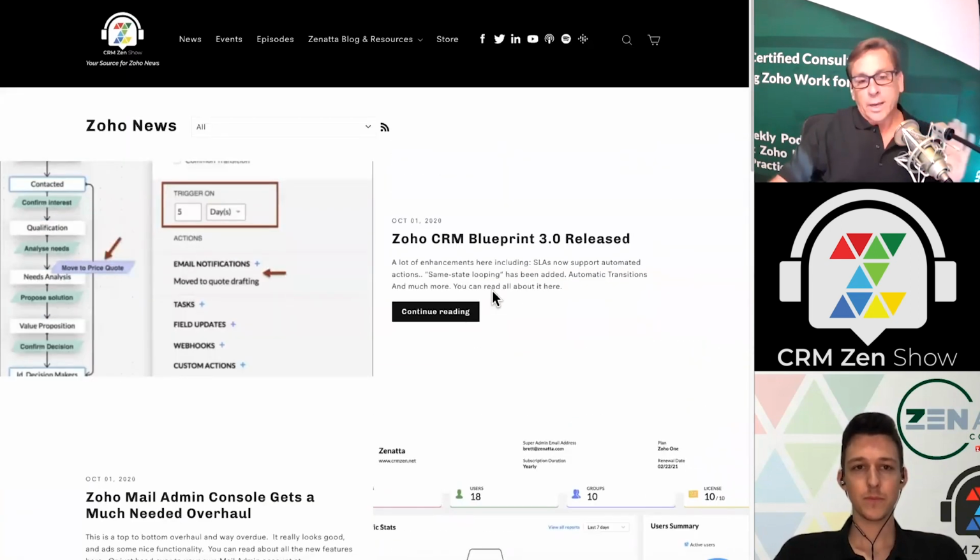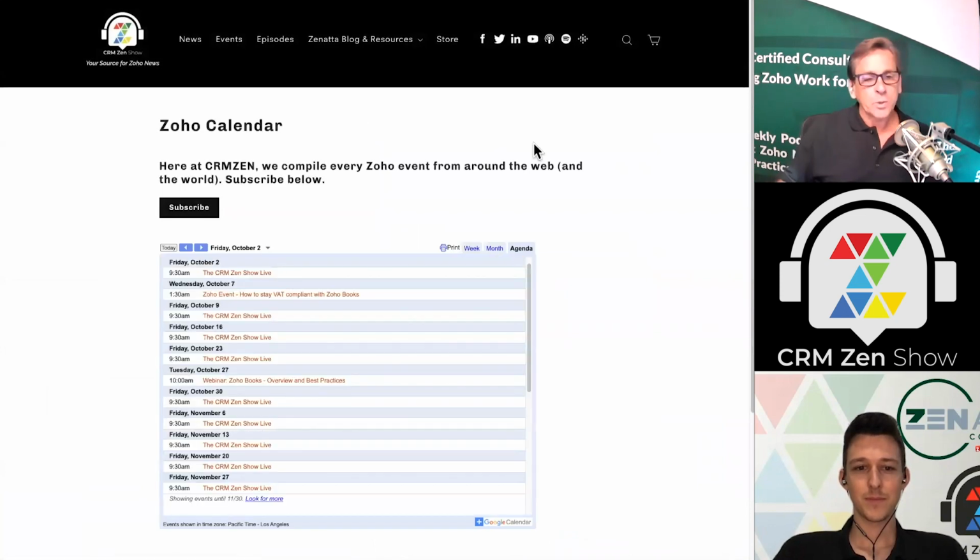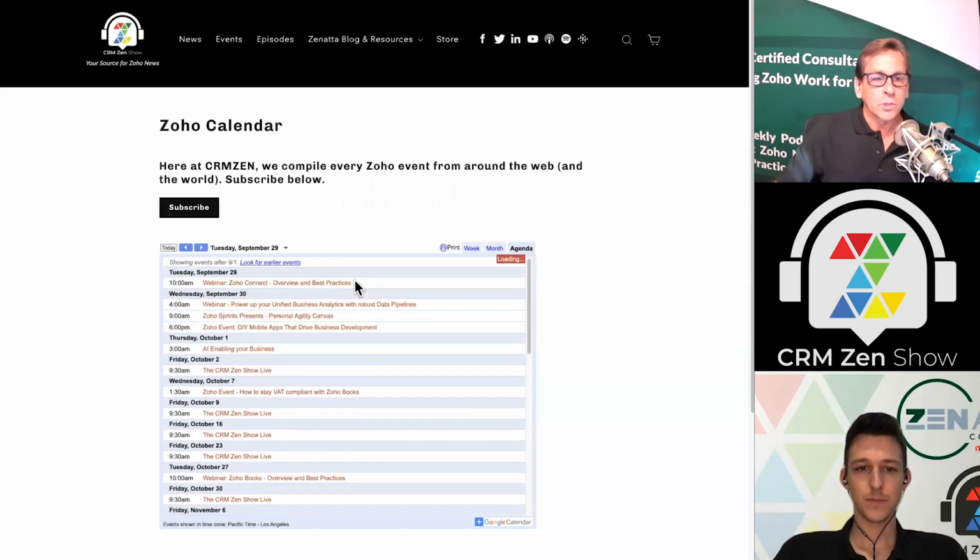So everything that we talked about on this show, we've just been posting in real time as Zoho releases it. So if you want the very latest Zoho news, just go to CRM Zen and you can look at it there. And then, we've got to make it prettier, but we've basically embedded a calendar. It's a Google Calendar that has every single event that is coming up in the world of Zoho. So yes, we have our webinar and we have the CRM Zen Show, but we also have, if you scroll back here,